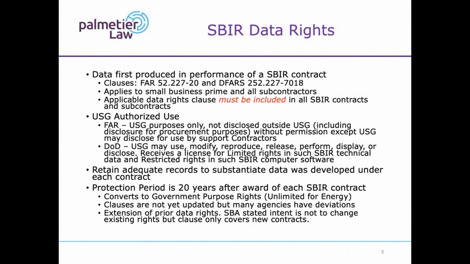Clauses are, but if you have an older SBIR contract, one that was awarded definitely before 2019 or before an agency put a deviation in place and uses a deviation version, the intent is that if you get a follow-on contract and you're going to continue to use that older technology with the old periods, that's going to continue. But we have a gap because the SBIR clause only covers new contracts. It doesn't cover older contracts. So we're still trying to work with the government as a whole of how to extend those rights.